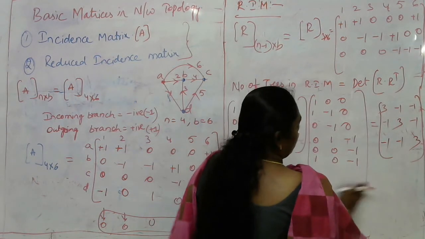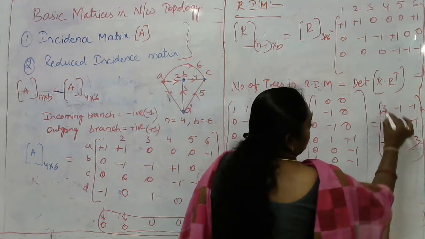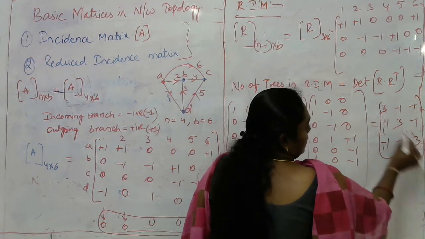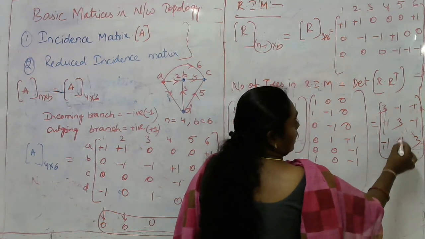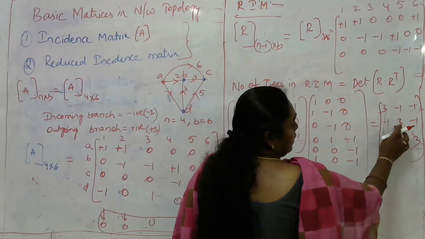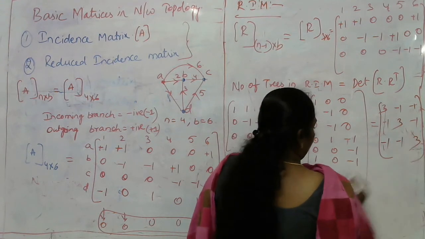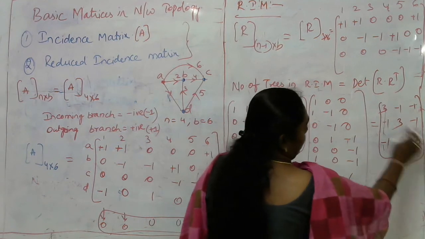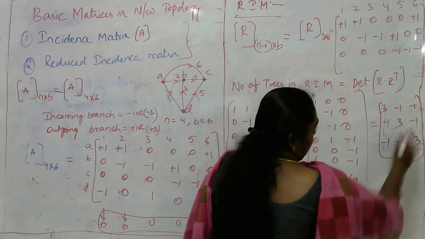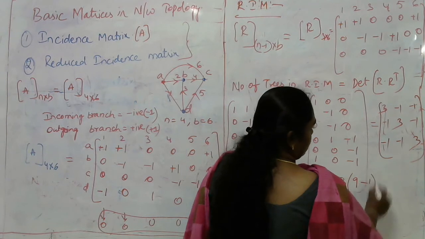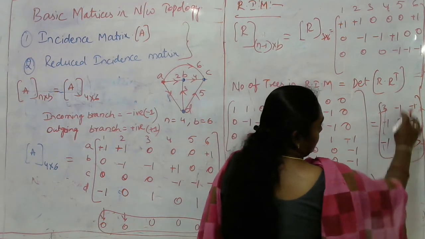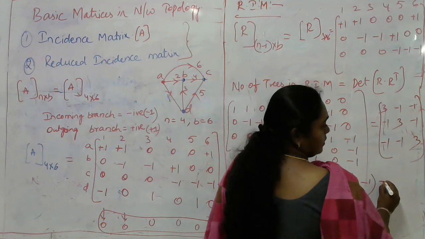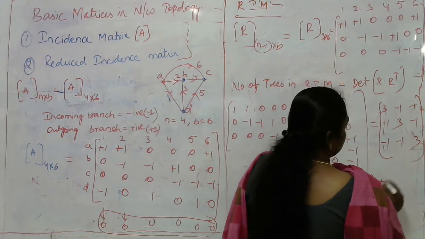Next we need to find out the determinant. In order to find the determinant, just remove the first row and first column and multiply the diagonal elements. So here 3 into 3 is nothing but 9, and that is AD minus BC. So here we will be getting 9. First, write down the first element 3, followed by AD minus BC, 9 minus of 1. Similarly, for the second one, eliminate the second row as well as the second column, as well as the first row, and multiply with that of minus of minus 1, which is nothing but plus 1.